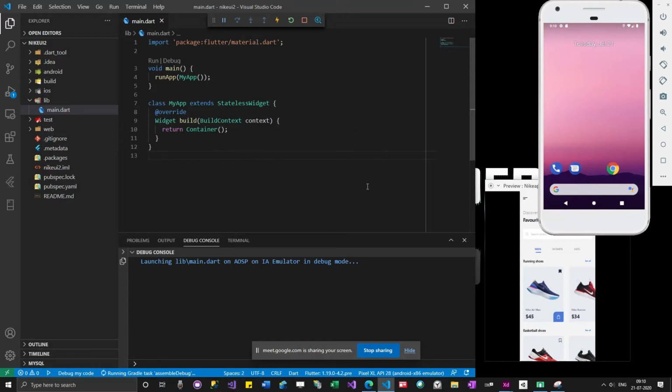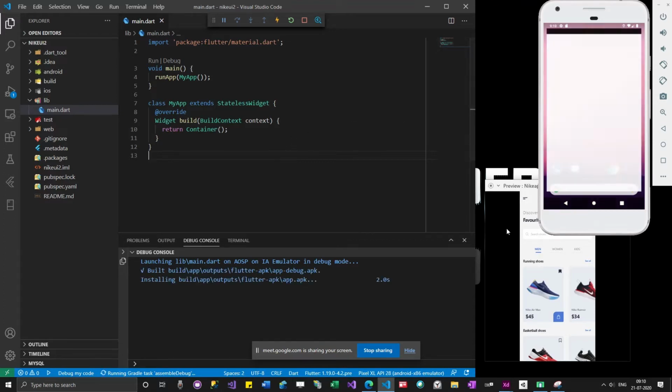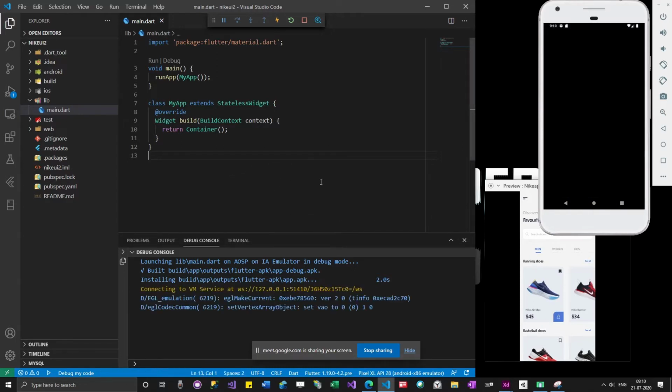The reason why I am loading this app to the emulator is that I will be able to use hot reload or hot restart to see whether changes are getting deployed or not. That will help me understand whether I am doing it the right way. Sometimes you place a bug somewhere in the beginning of your code and continue to code everything, and at the end you will not understand where the bug is. This way of working will help you understand which part of the code has caused the failure.